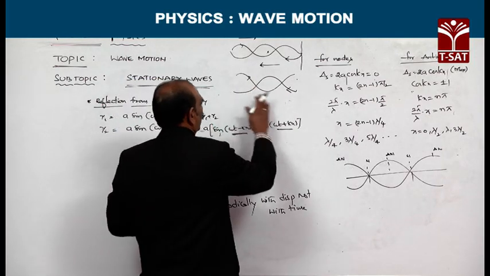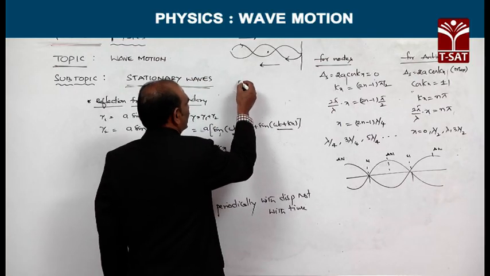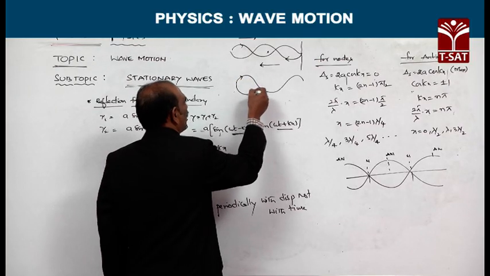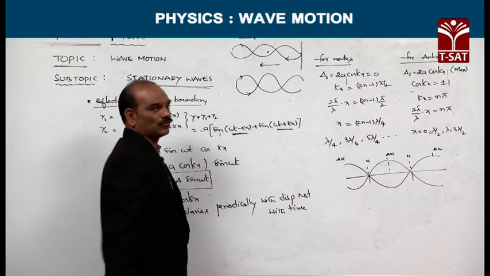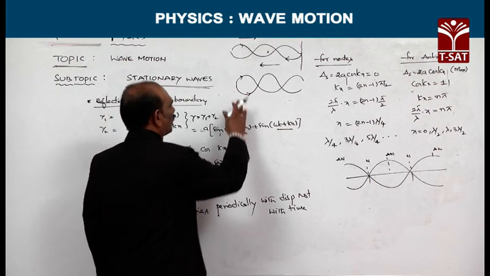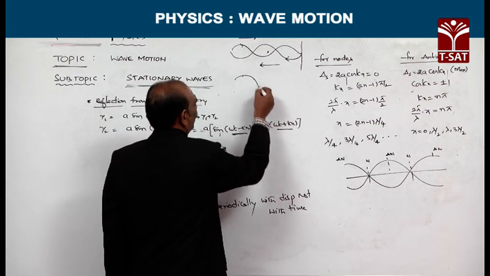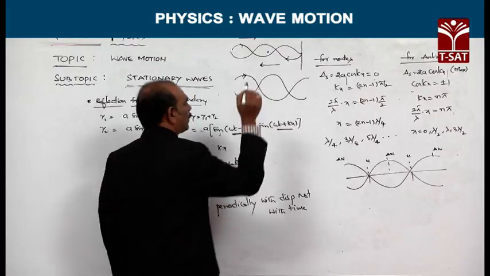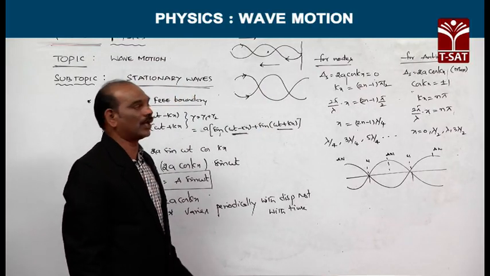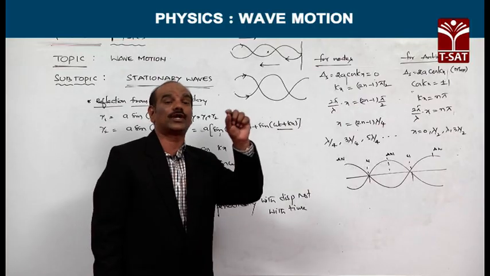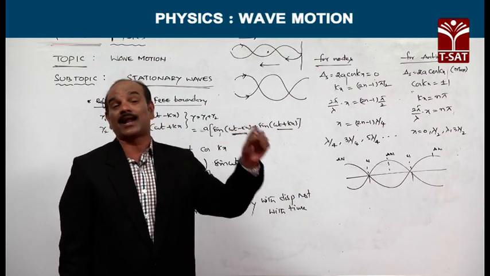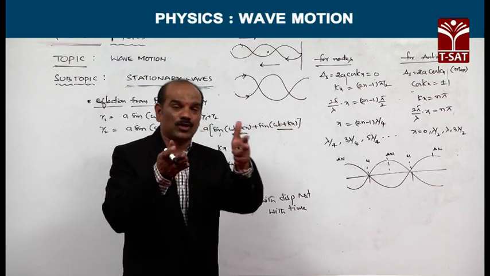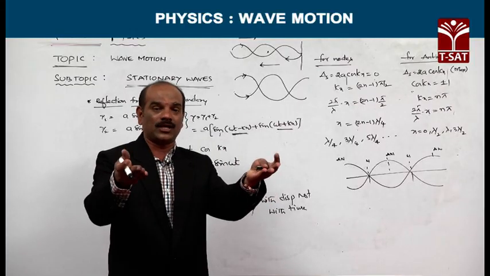Or one wave is travelling like this, one more wave moving opposite in direction, they interfere, then also a standing wave is formed. This is one wave travelling like this, one more wave travelling like this, they superimpose, then also a standing wave is formed. Therefore, standing waves are formed due to reflection from a free end or a fixed end by the same wave, or due to superimposition of two similar progressive waves travelling in opposite directions, then also standing waves